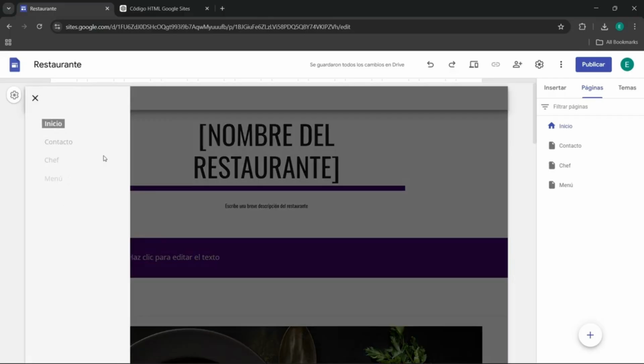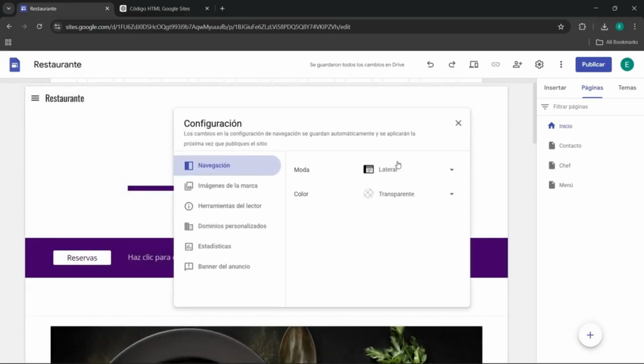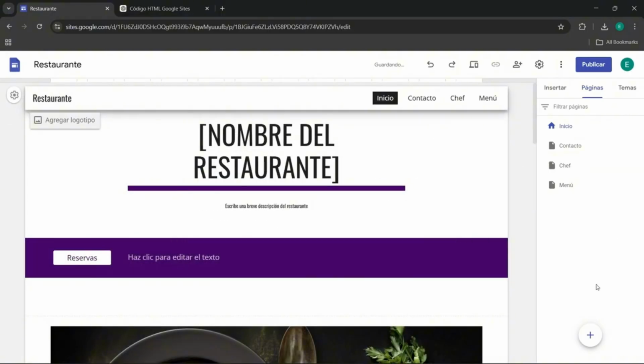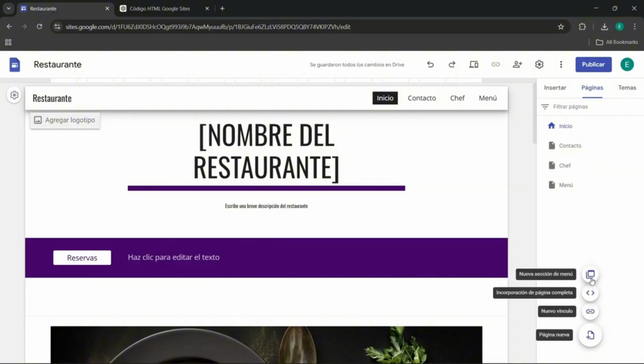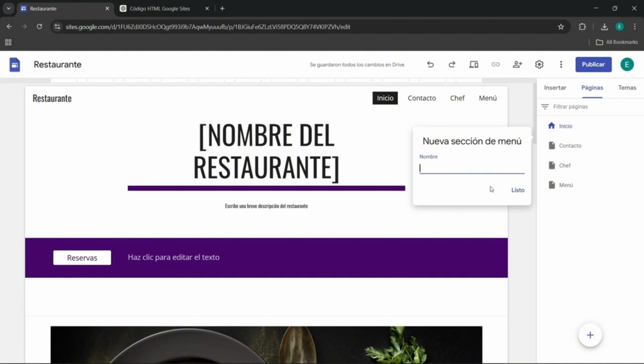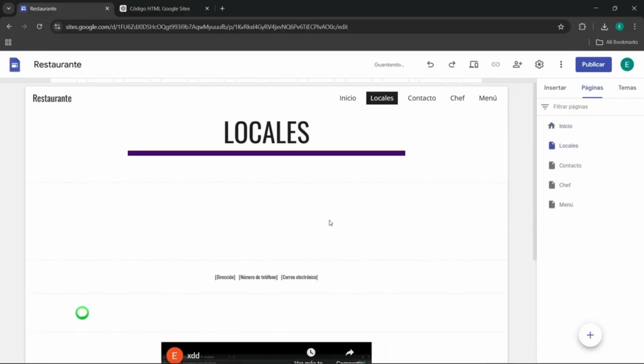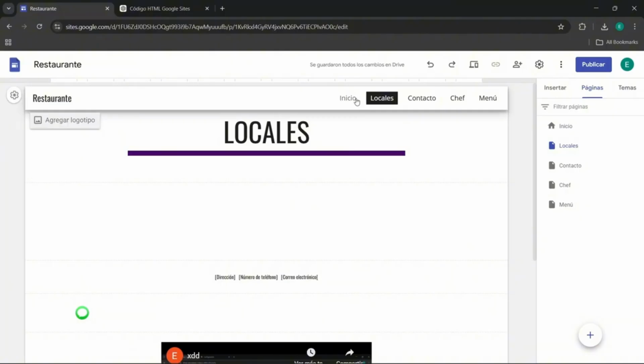It's very intuitive. If you want to create a page other than the ones in the sidebar, you just need to click the plus icon to add a new menu section or create a new page. One of the most powerful features of Google Sites is that everything you build is fully responsive by default. This means you don't have to worry about creating a separate version for mobile users because the platform does the